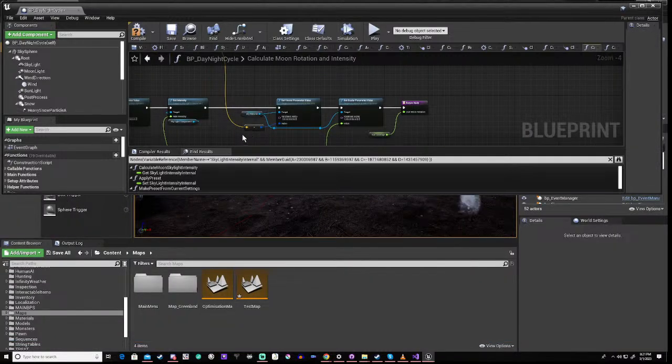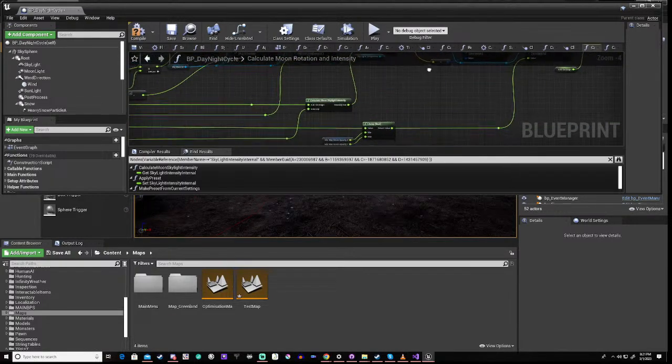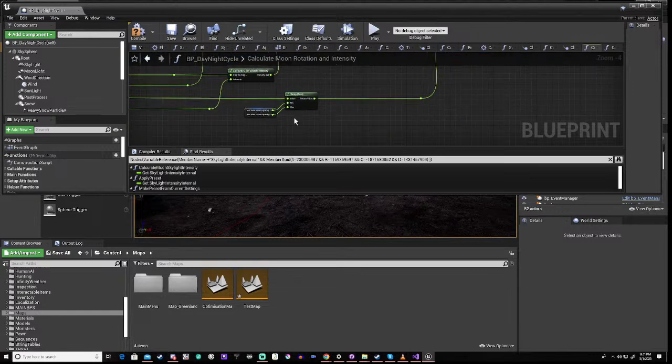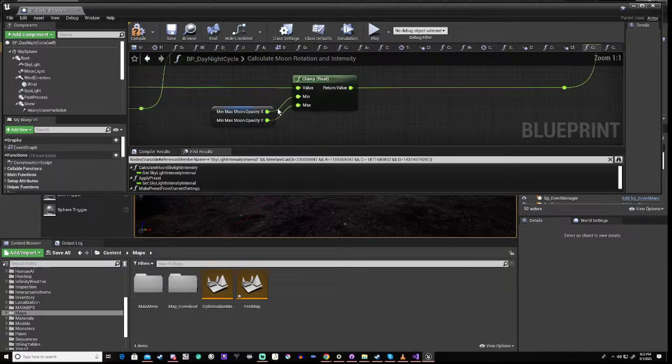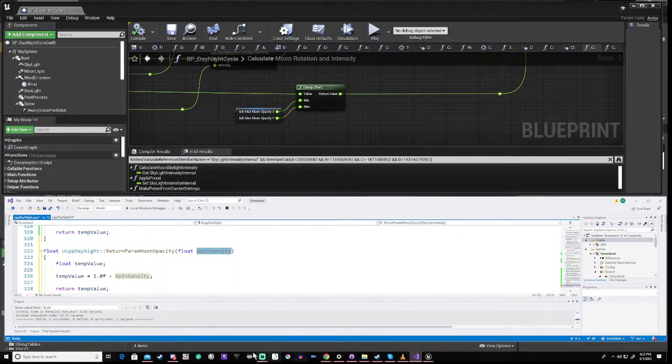Next thing we're going to do is we do this part. Okay. So this is the value coming into our clamp, and all we're doing is clamping a float between X and Y. Okay. So that's absolutely fine. So we need to do one more thing. Well, you'll see the final result in a minute. So it's intensity, then